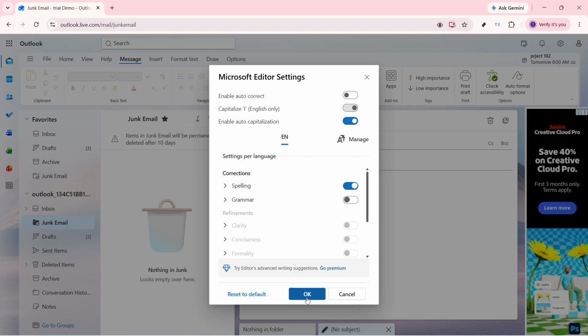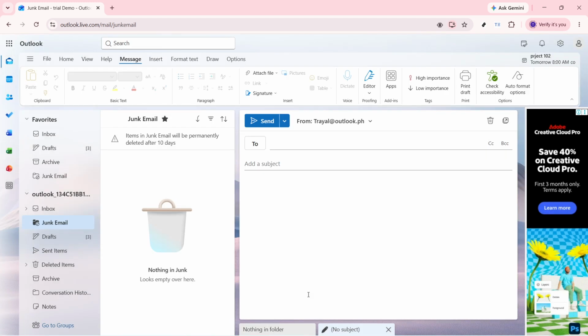Once you've verified that spelling is enabled, click OK to save the setting. That confirms your preference and applies it to your Outlook editor. After that, spell checker should be active when you compose messages. A good tip is to type a word incorrectly in a draft email just to test that the feature is working as expected. If Outlook highlights the misspelling or offers correction help, then the spell checker has been successfully turned